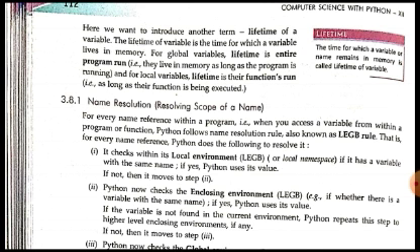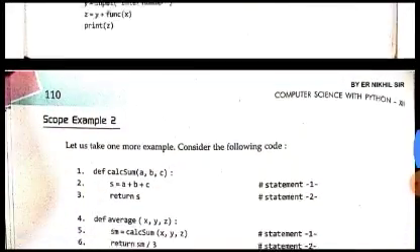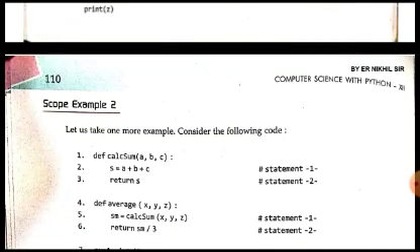The local environment could be the function itself in which we are defining the variable. Like in the previous example, here we defined this calcsum. This A, B, C, and S are the local variables of the calcsum function. So the local environment for these variables will be the calcsum function itself, because these variables are created inside the function itself.